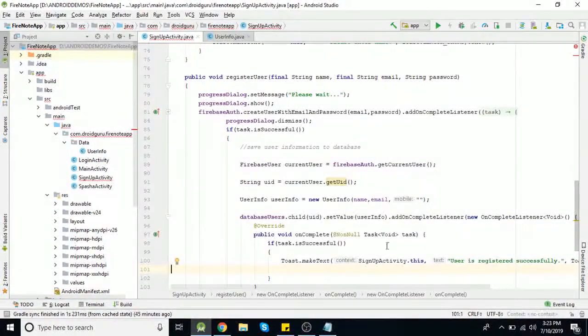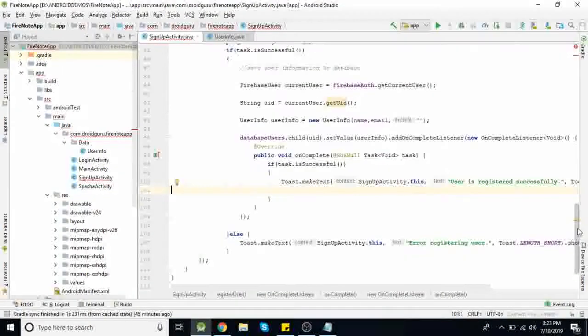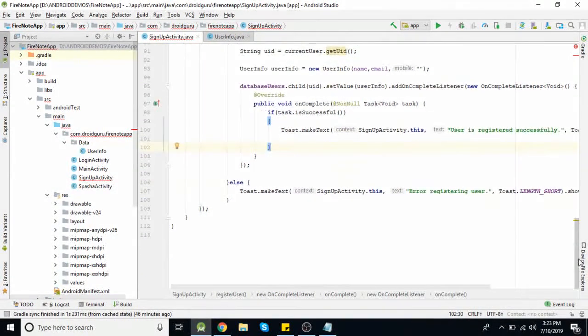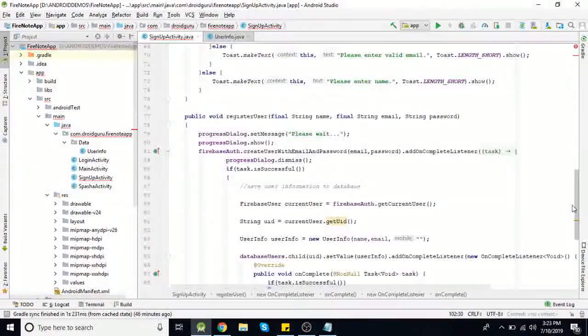So this is the code for writing user information to the Firebase database. You need to create a database object. Then if you want to store some information under a unique ID, we can set child, and whatever you need, you can use your email ID or anything you want to give as a unique ID. And for setting actual values, we need to use this function setValue. So our logic is ready. Now let's check this on the mobile if it's working.